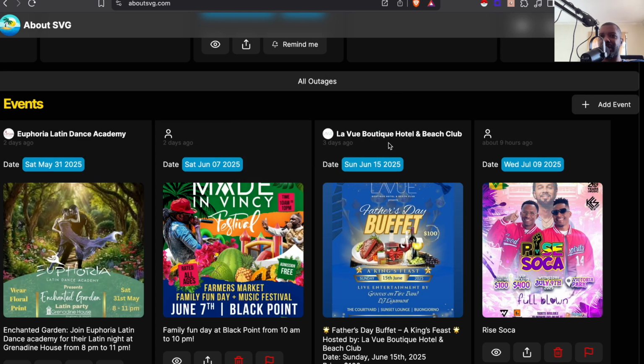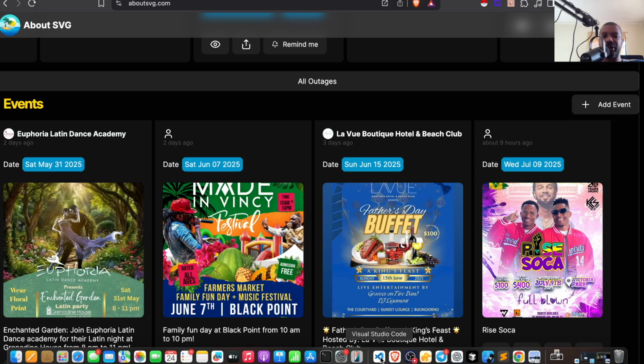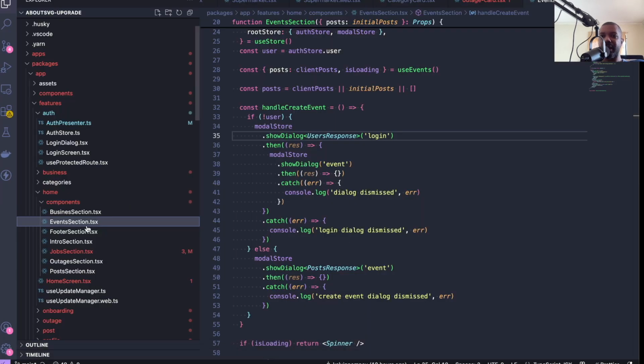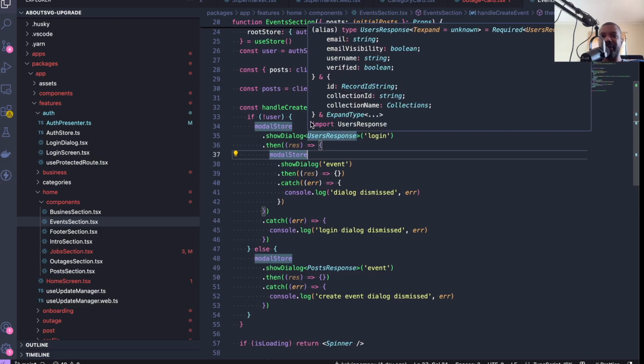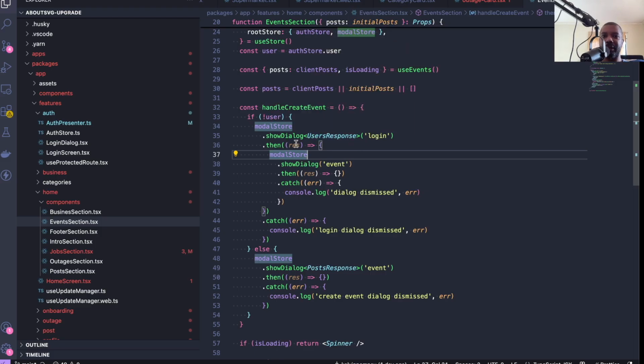And that's basically it for how it works, but I'll do a bit of demonstration about what it takes to make it happen. So in the event section, I have an event handler to create the event. And as you can see, the logic is very simple. If the user is logged in, we show the create event dialog. If the user is not logged in, we show the login dialog. And then when the login process is complete, we show the create event dialog. And as you can see, the logic is very simple,